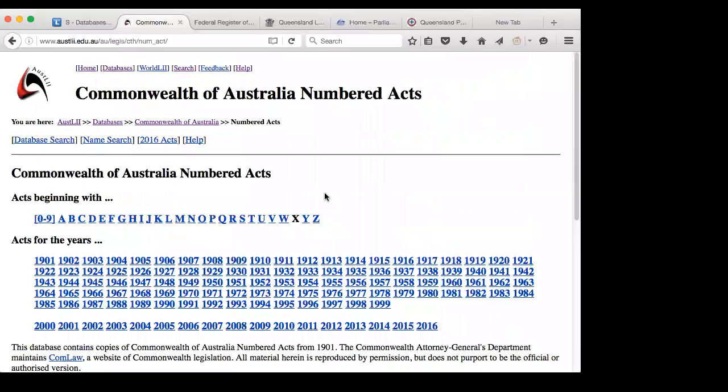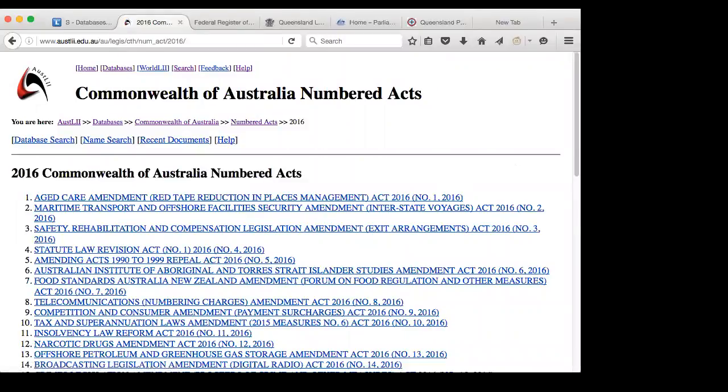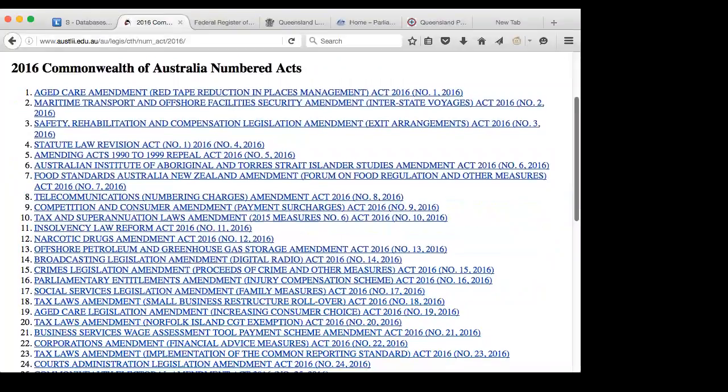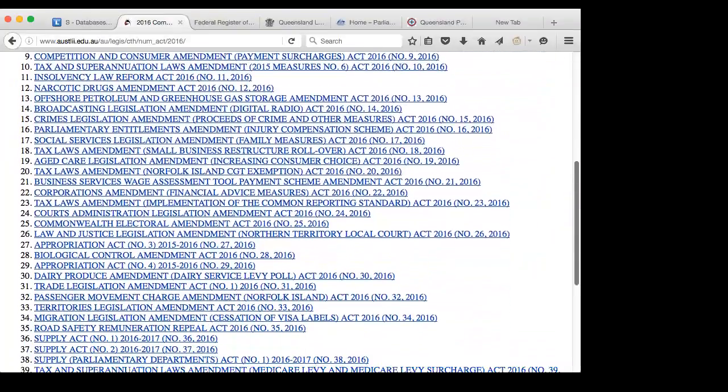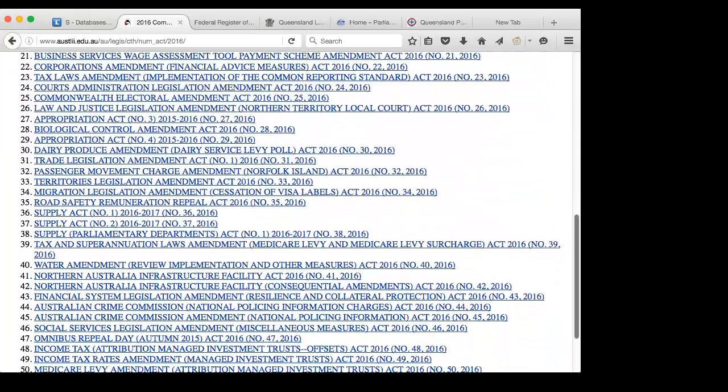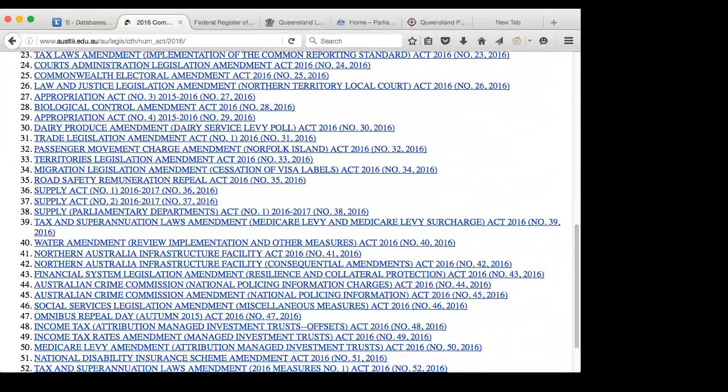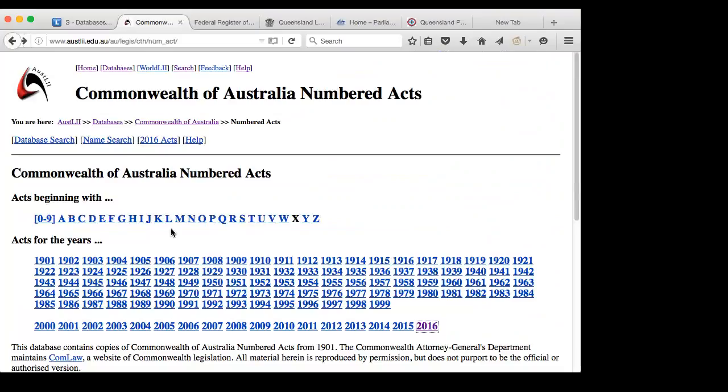Let's have a quick look at those. The numbered acts, instead of being listed by their name, they're usually listed by the year and the number. So if we click on 2016, you can see that these are the acts that have been passed in 2016 in the Commonwealth Parliament, and they're listed in the order in which they were given royal assent. And so what that means is that if you need to find out what the Parliament passed about, say, environment law in 2010, then you click onto 2010, which we'll do right now,